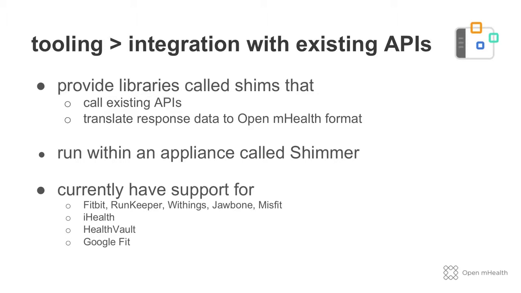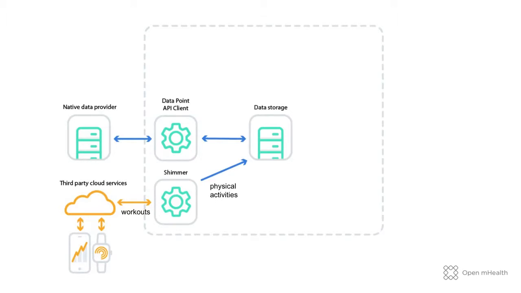So let's build our use case a bit more. We said that our clinician wants to know if a patient is active or not. Well, that data already exists. It just happens to be sitting on phones and watches and other mobile devices, and that data is getting synced to, for example, the Fitbit cloud from your phone. So you drop Shimmer into your application, and you can now reach out to those clouds, pull the data in, transform it, and put it in the data storage component next to the medication data.